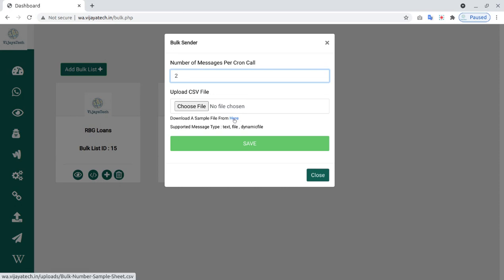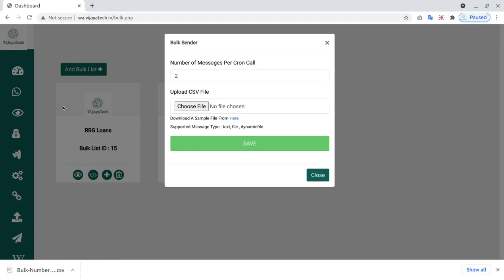The template, how you want to send, what is the format, all of that you can download from here. Click here and you will download it. Then once you download it, you can modify the list according to your requirements. I will show you that also now.